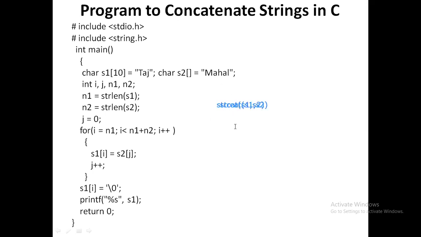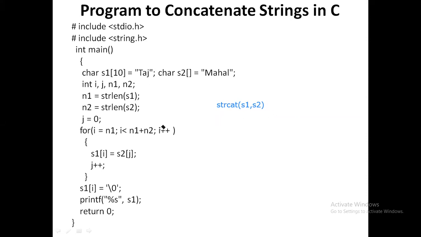So in the next programs I will be using strcat directly.